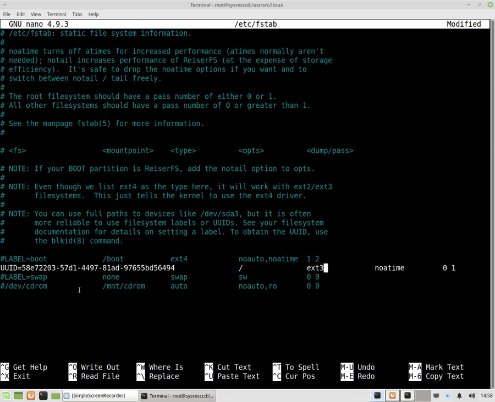I want to change this to ext3, even though I could leave it as ext4, and it would still work. I'm just identifying where the root directory is, and then I go down here and identify what partition is a swap file, and then we're going to go ahead and uncomment this one